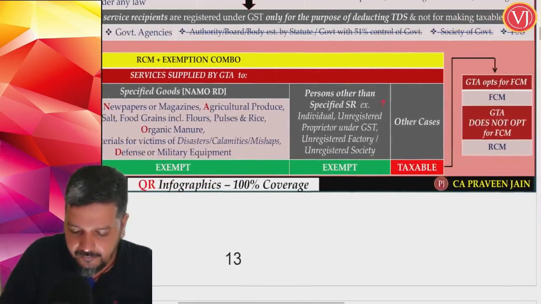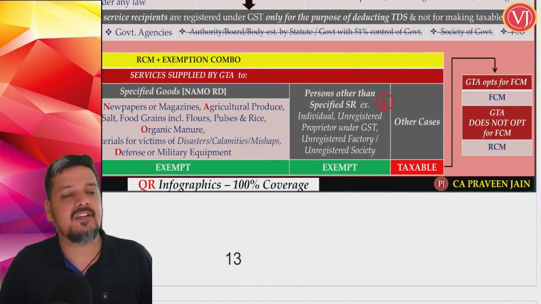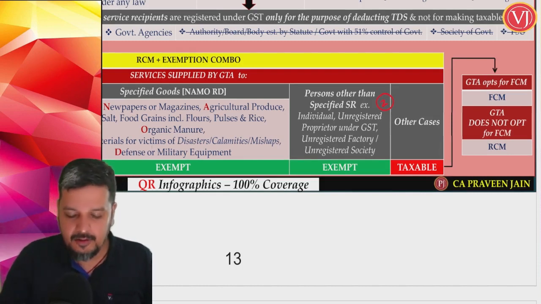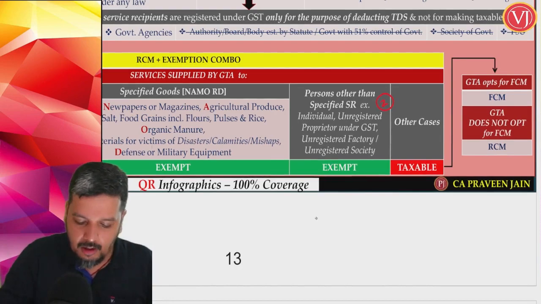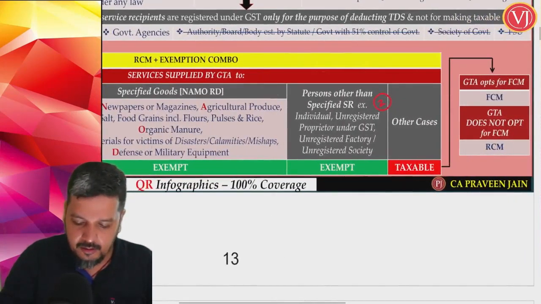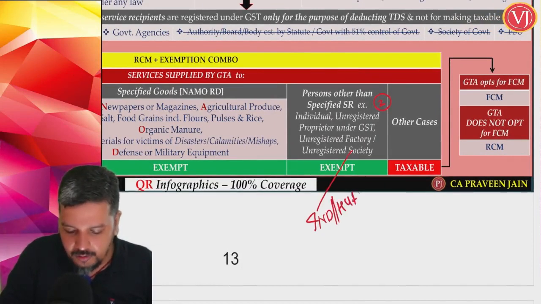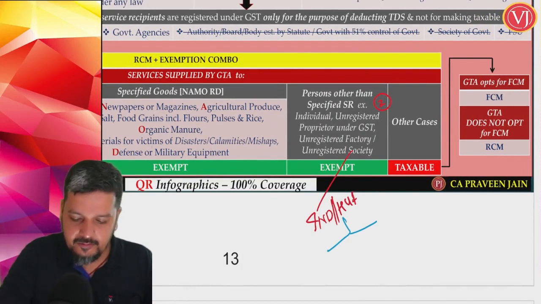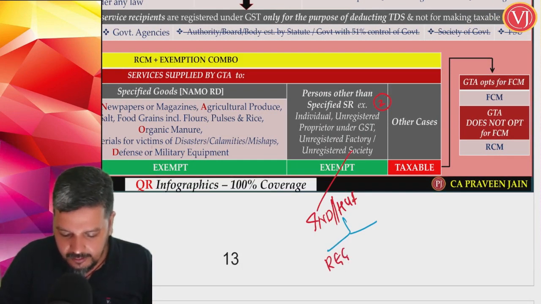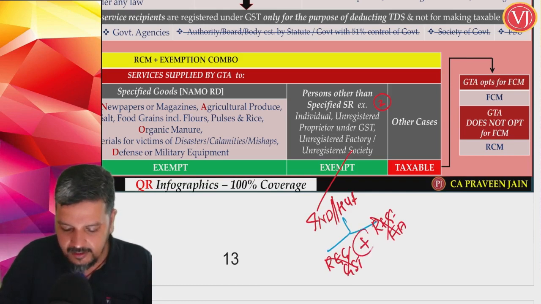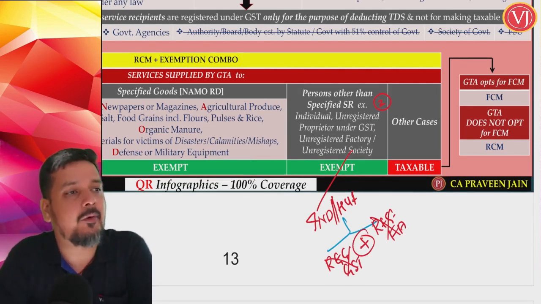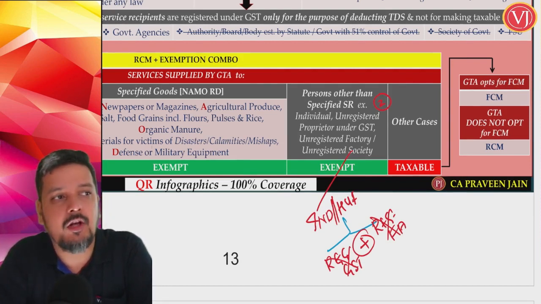Second category. If transportation of goods by GTA is done for an individual or HUF, which is not registered in GST, also not registered under Factories Act, then it is exempt. If GTA is transporting the goods for whom? Individual or HUF, which is not registered in GST and not registered under Factories Act,